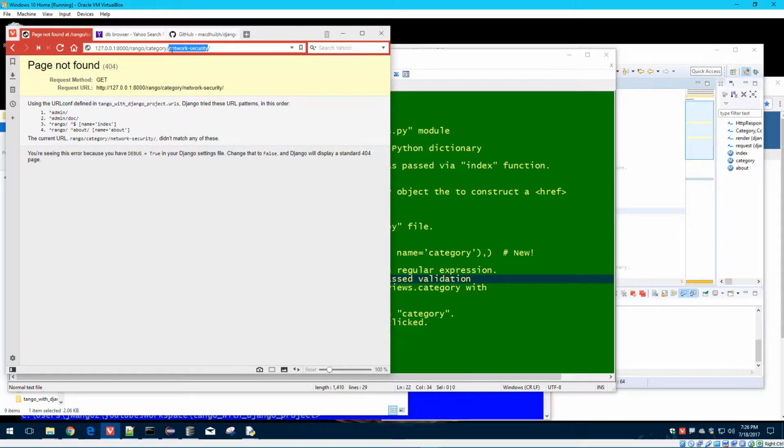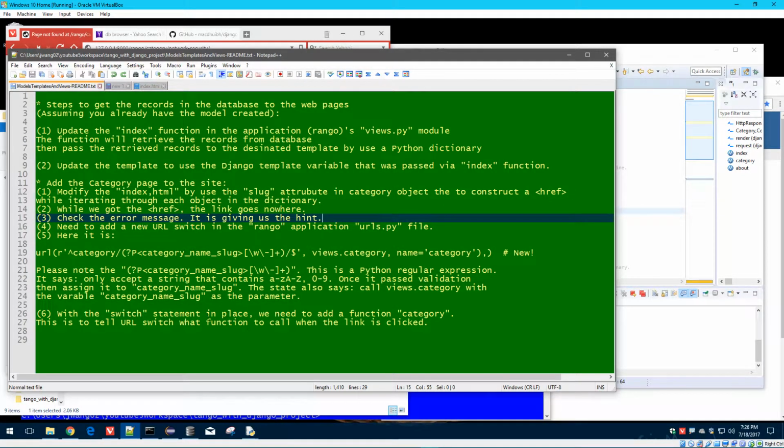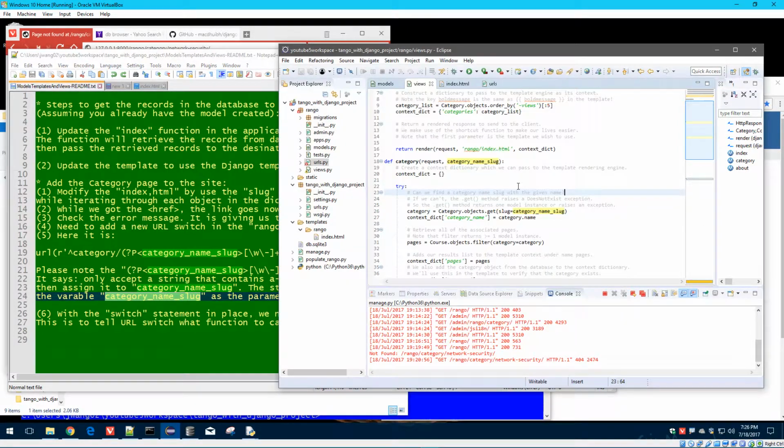Okay, so it matches, right? It's A to Z, uppercase, lowercase, crossbar, or numeral 0 to 9. It matches, so this value gets assigned to category name slug and passed to the views.category function. Okay, so that's where it comes from. This call allows me to only get the category for which the slug value is what's passed in. Okay, so now I have a category